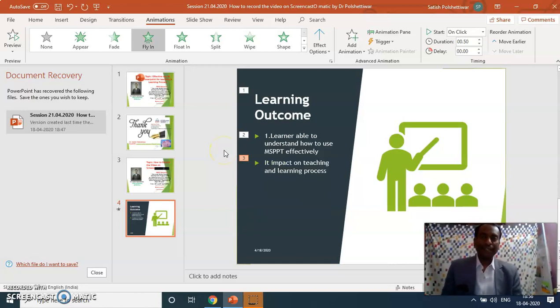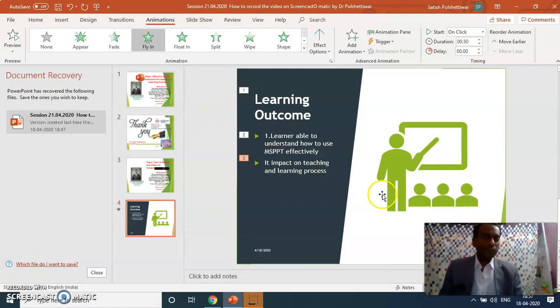So in this manner, likewise you can design your slides. It will take hardly 5 to 10 minutes, 20 minutes, but we can generate this content for lifelong. That is very, very important. E-content generation is very, very important, that one has to understand. Being a teacher, one has to generate the content. Now this is the opportunity you are getting during this vacation period, the national lockdown period. You just take this as an opportunity and create these e-contents, and definitely this content will be helpful during your upcoming sessions.